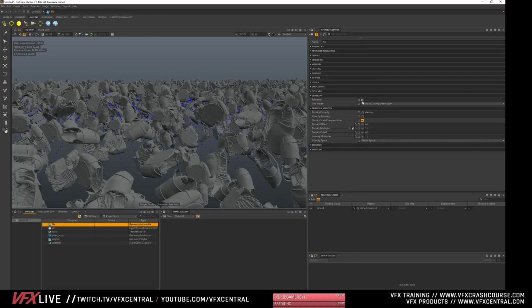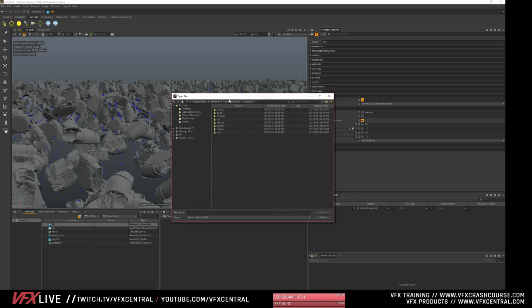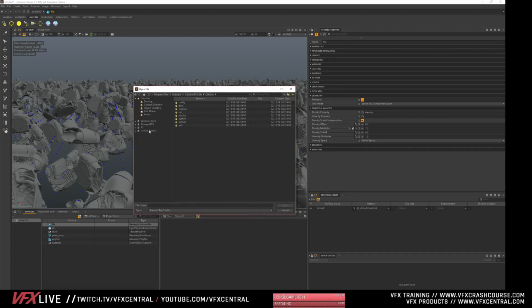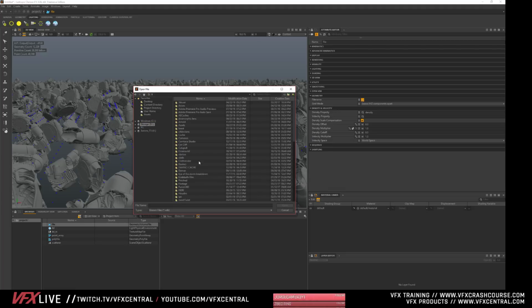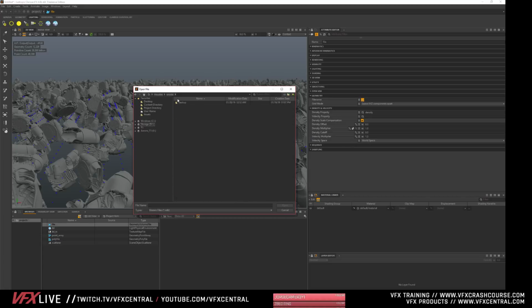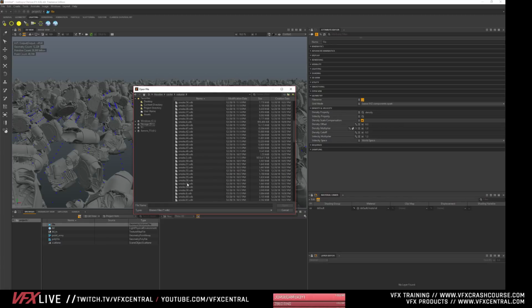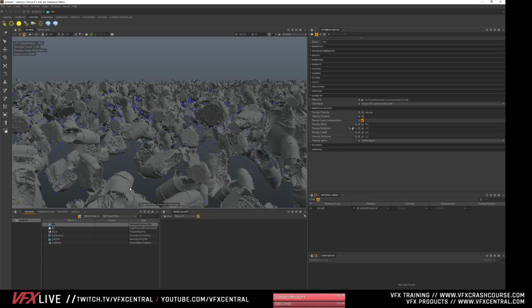It's going to ask us right here, Geometry File, and we're just going to click right there and navigate to, I know I have some VDBs in here somewhere. Maybe in my Houdini folder. Let's go in there. Smoke. Nope. Cache. Volume. There we go. Here's something we can use, and we'll just take one of these. It also can import VDB sequences, but we're just going to do that.